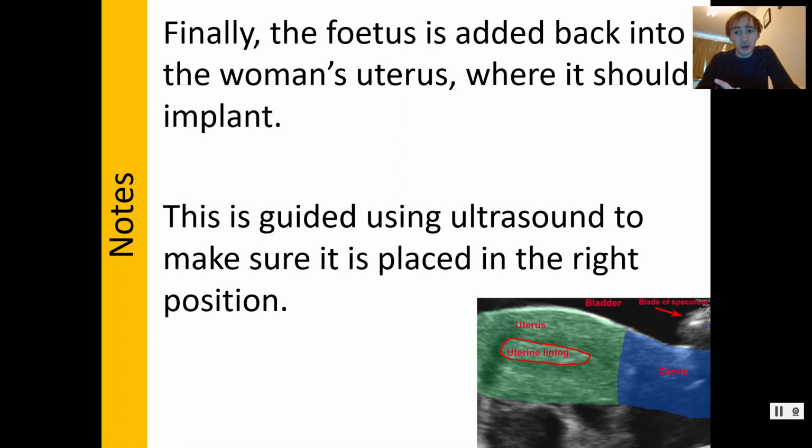You usually put in more than one because the chances of success for each one are actually relatively low. And it's worth noting that each time you do this, it's only about 25 to 35% effective. And if you have to do it more than once, it gets less and less effective, because basically if it's failed once, it's likely to fail again. You get 3 rounds on the NHS of IVF, so it can go wrong twice, and then they'll do one more, and then you have to pay for a private clinic. And after those 3 rounds, it's about 50% success rate. So it's really, really difficult to get pregnant even this way.